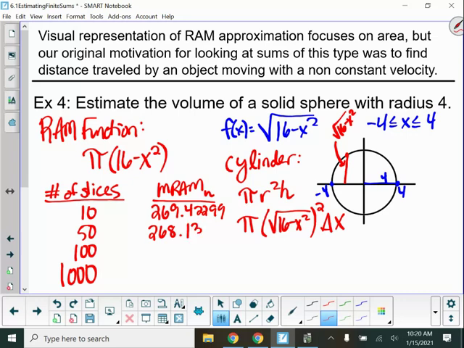This one is 13619. For 100, I get 268.09598. And then for 1,000, 268.08271. Notice that there's not a whole lot of change between 100 and 1,000, which leads me to believe that that's actually going to be pretty accurate. The actual